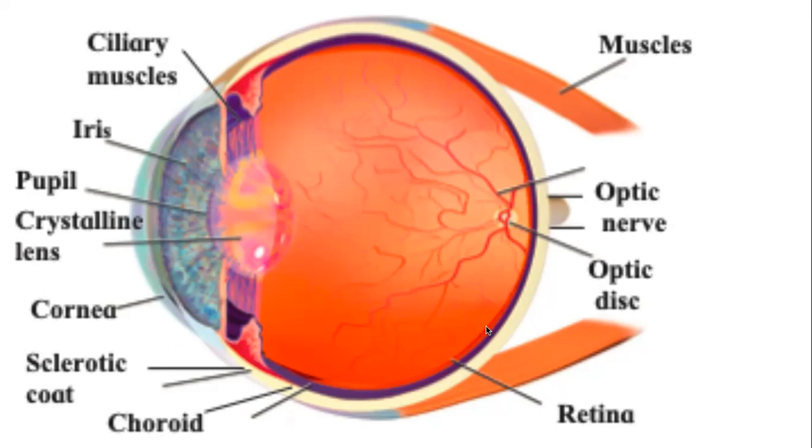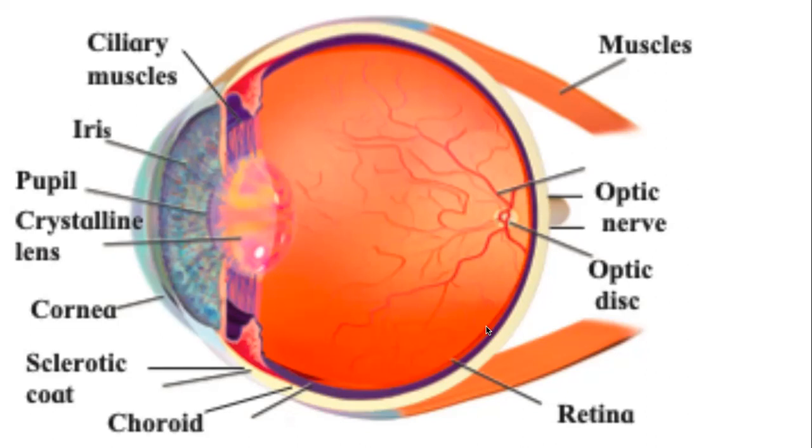Something that is not given in the textbook, but you may be interested to know, is that there are mainly two types of cells in the retina. One type are called the rod cells. Another type are called the cone cells, depending on their shape. Rod cells help us see bright. It is about light and dark. Cone cells help us see the colors.